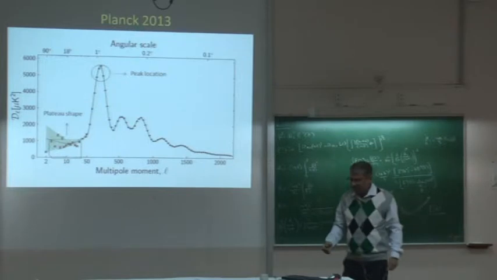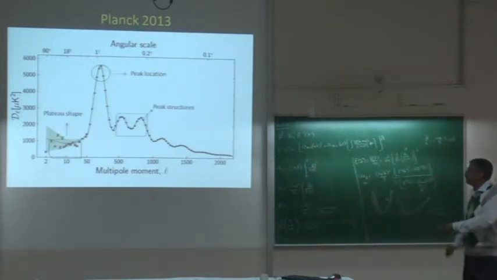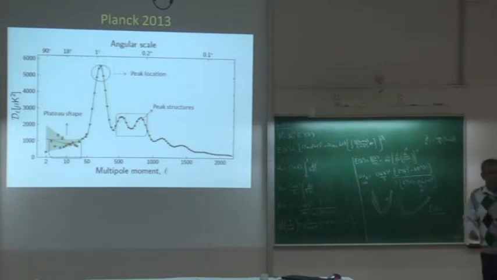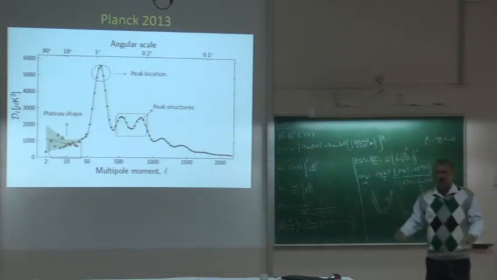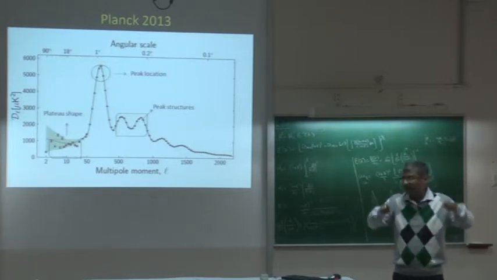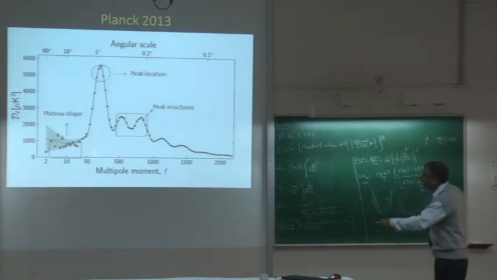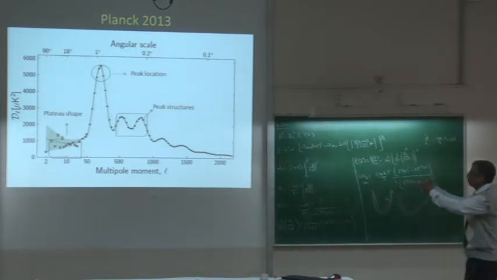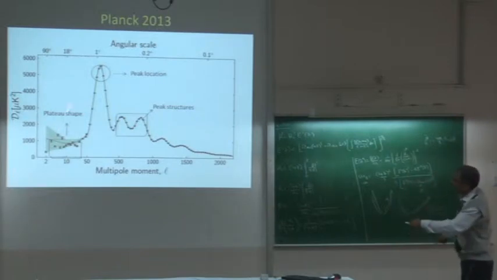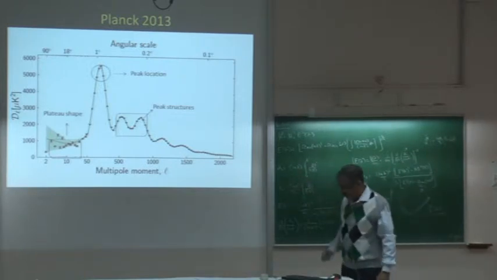Another dark energy contribution is the peak structure. If you have dark energy, the baryon contribution has to be less, because the total has to be 1. So that also changes the peak structure. Overall, you can have all these 3 combinations that can affect the CMB. So that is the effect of dark energy on the CMB.